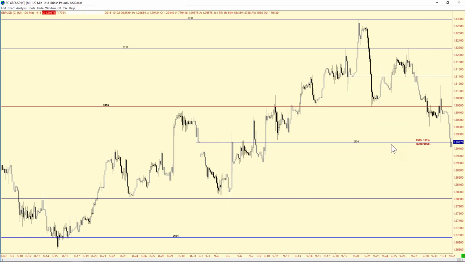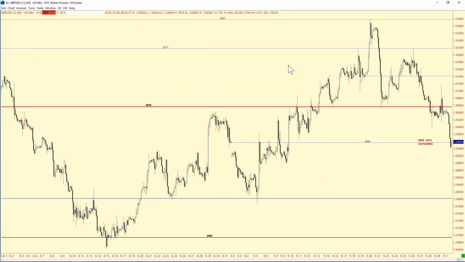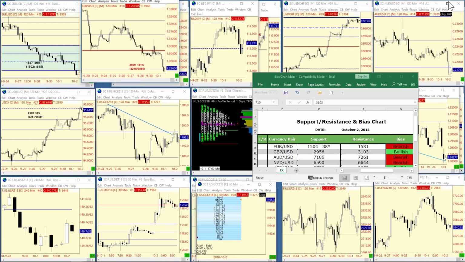So where do we find our resistance now? Market's pretty well oversold at this point. So you could see a dead cat bounce, although the mode is still very bearish. But if we were to see that, resistance is going to come into this bias pivot. And we've talked about this before. I could add more of the days further back, but we've talked about this importance. It goes all the way back here on the 3056, and why we have it referred to as a pivot. So that would actually be our resistance. It's a ways away, but I think you'd have to give that considering how far cable's fallen. So it's going to be 3056 for bias chart resistance.